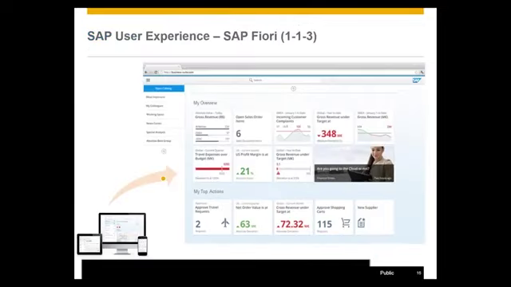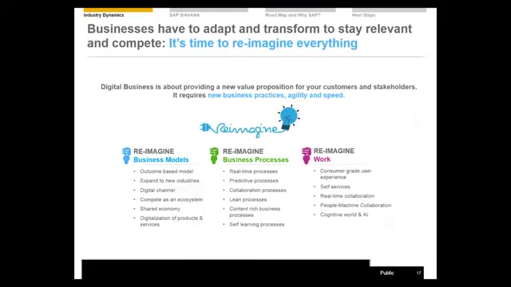Just to give you a quick view, this is SAP's new screen. If you remember the early gray screens of SAP, this is our new user experience. This is going to be our new graphical user interface, which is typically on HTML. We call it the SAP Fiori app. It is more jazzy, as you can think of. This is the new screen that we are delivering.